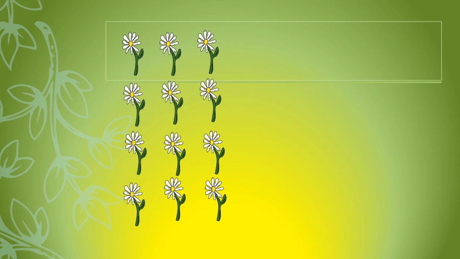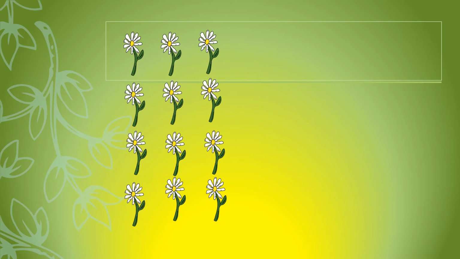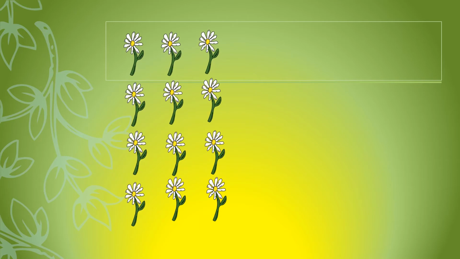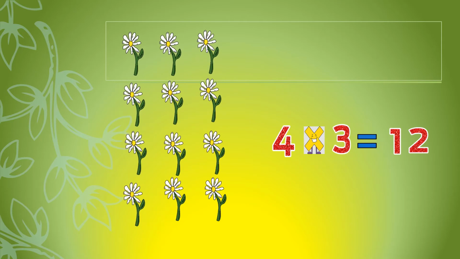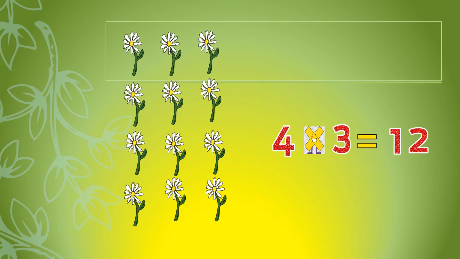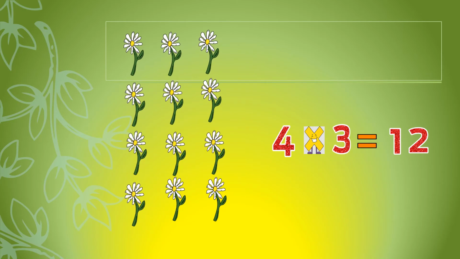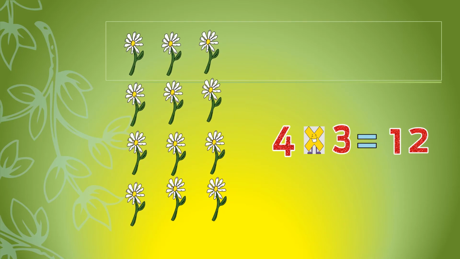Now here comes one more arrangement. Children, you can see here how many rows we have. One row with 3 flowers, another row with 3 flowers, third row with 3 flowers and fourth row with 3 flowers. So in all we have how many flowers? 4 multiplied by 3 equals to 12, right? Now if we divide 12 by 3, we'll obtain the answer as 4 and hence we have 4 rows. Each row is having 3 flowers which comes to the total of 12 and yes, of course, no flower is left behind, right?